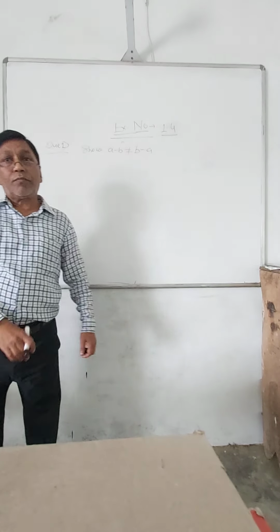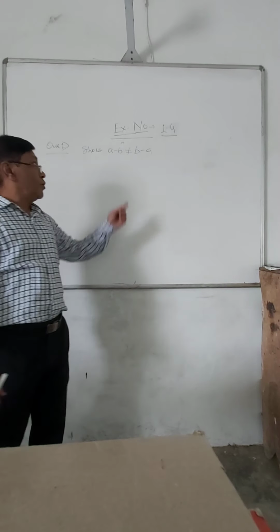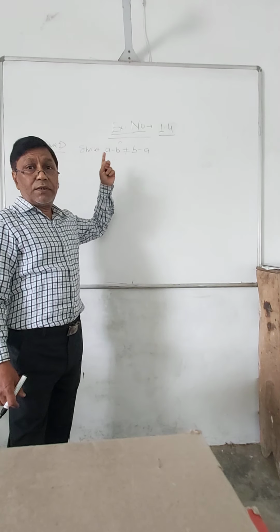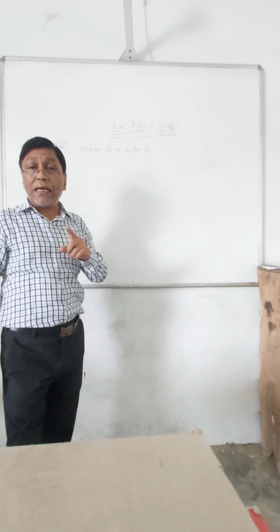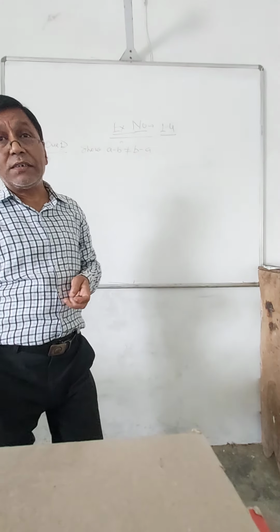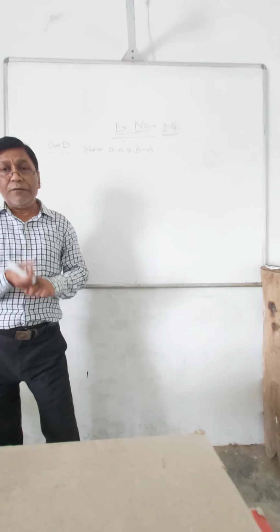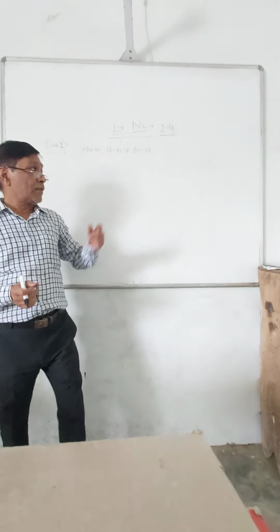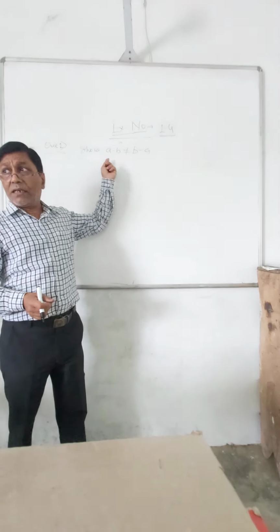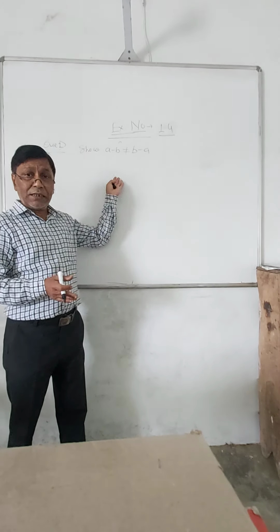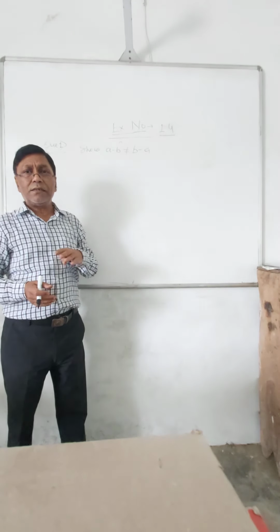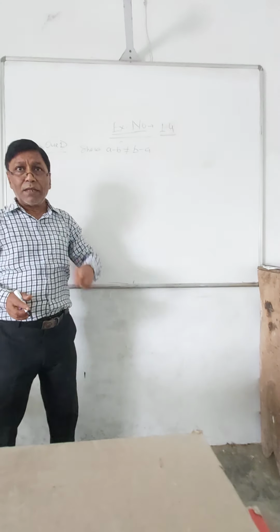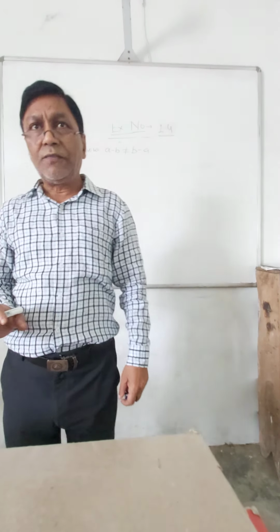As you have done in the last class also, this is what we are doing. This is the question of subtraction, and in subtraction, as we know, the commutative property does not follow. The same thing you have to verify, or justify. As you know, in addition if we change the order of the numbers, it follows the commutative property. But in subtraction, a minus b is not equal to b minus a. The same thing you have to justify.